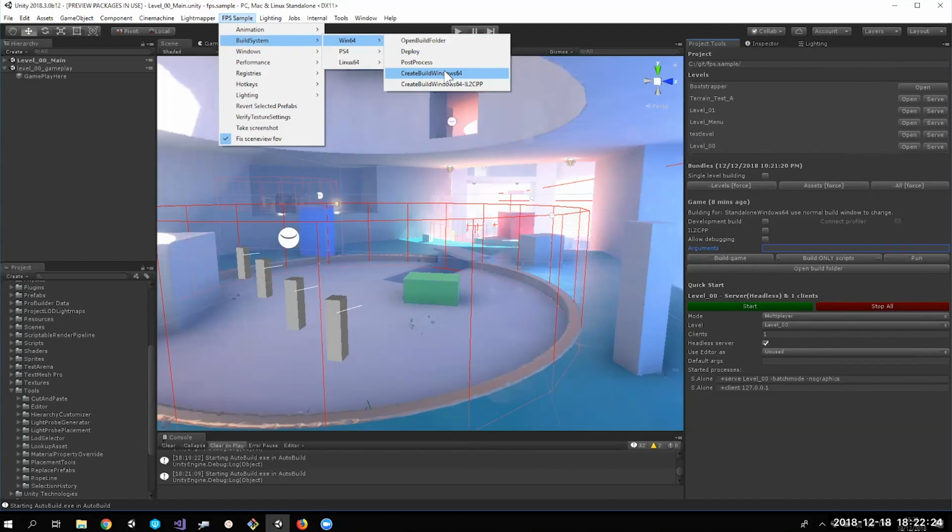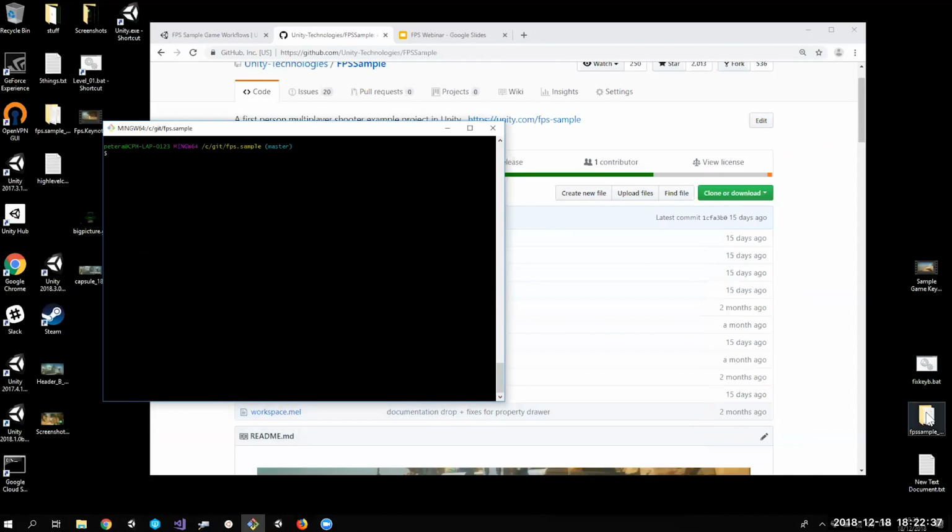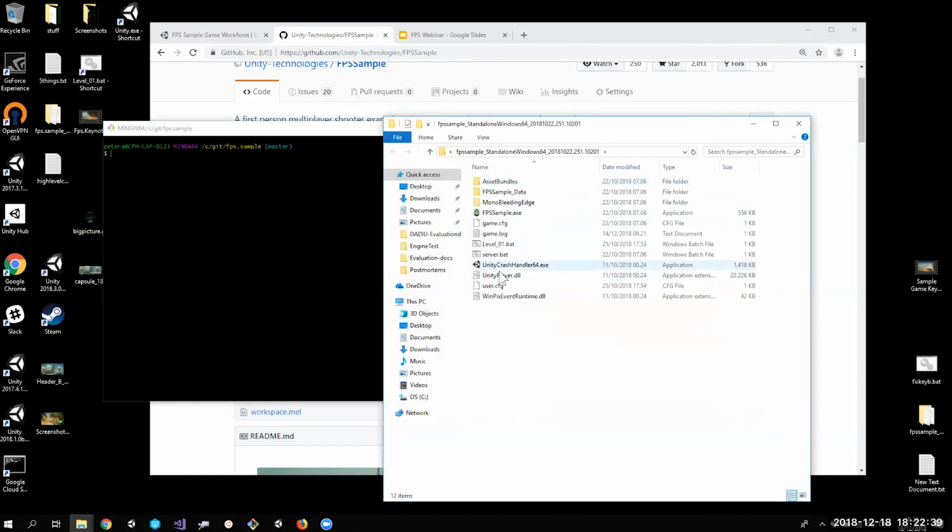So we have build machines that are building these things, and it will produce a build that is not called auto build, but is called FPS Sample. And we can go and check out one of them. You can just go and see here. And this is how it looks. It has FPS Sample. It has actually a couple of